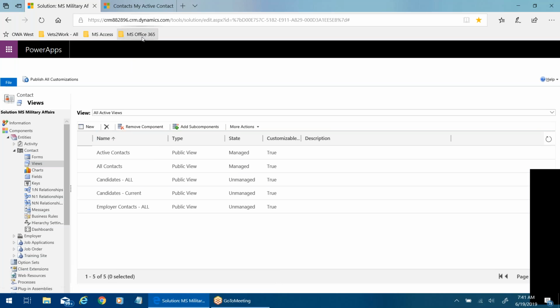Yep. Just to your point, I did create this list view here, and there's a distinction between candidates all and candidates current. Current candidates are those within 30 days of graduating or whatever. Candidates all would be a much larger list, a couple of thousand people that you might want to look at.